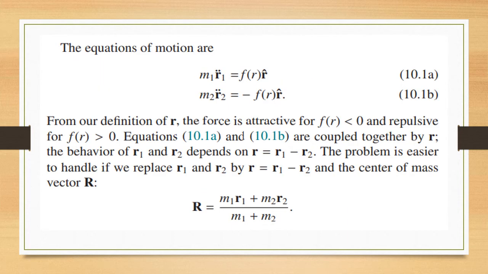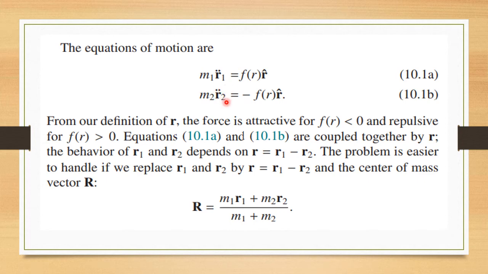Okay, now we have two equations of motion for m1 and m2. They are m1 r1 double dot, or the acceleration of m1, is equal to f(r) r-hat, and m2 r2 double dot